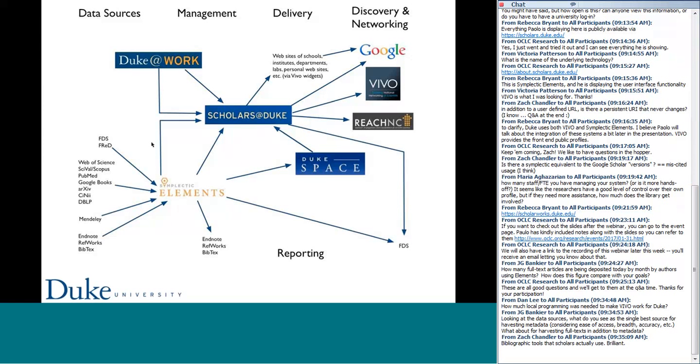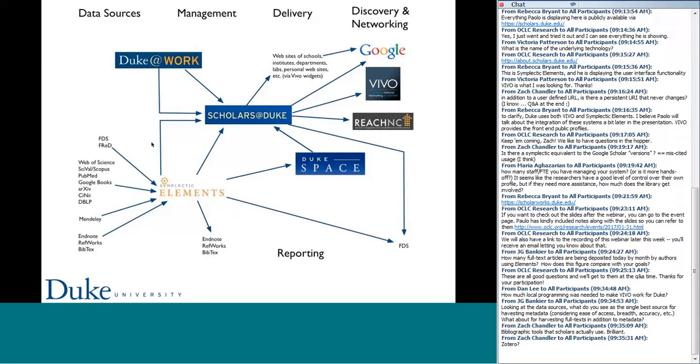So one of the positive aspects of pulling all this together was the deep collaborations that were established between multiple units across the university. The Vivo project is under the Vice Provost for Finance and Administration, with most of the technical work being done by the Central Office of Information Technology. University Human Resources is involved because of the personnel data. The Vice Provost for Research and his group is involved because of the connection to the grant system and the